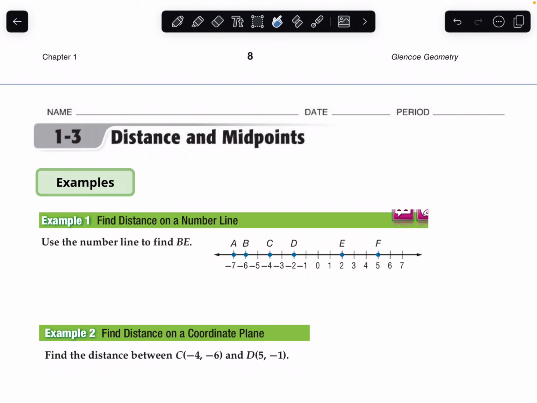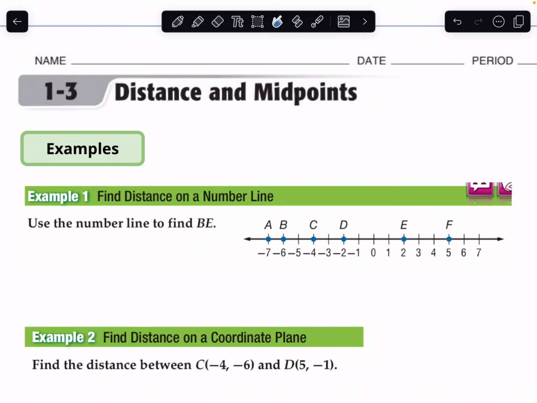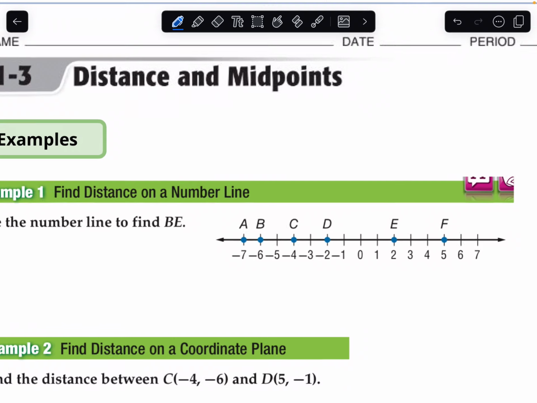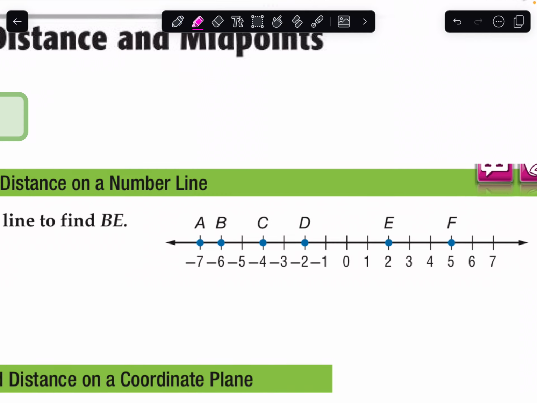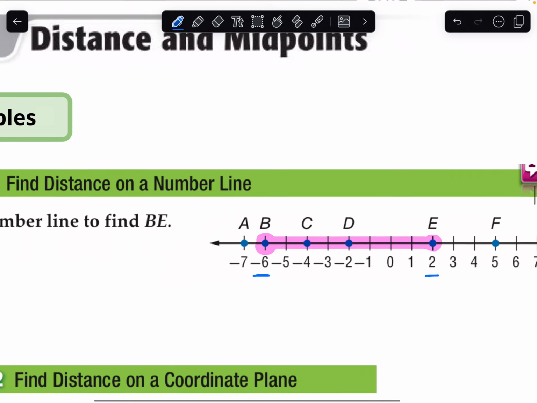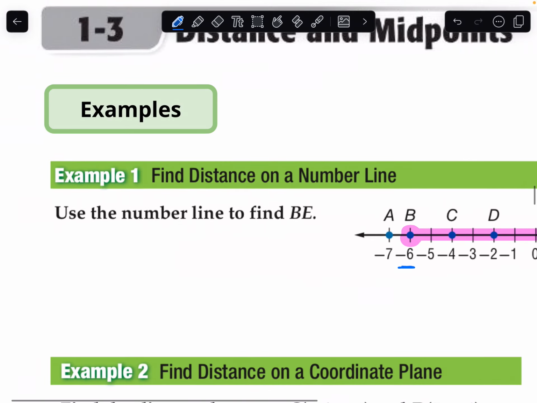Now let's complete the example problems together, starting with example 1, find distance on a number line. We will use the number line here to find distance BE. So we're going to start at B and travel all the way to E. That means we are going from negative 6 up to positive 2. Means we need the distance between negative 6 and 2, but that's always going to be an absolute value of